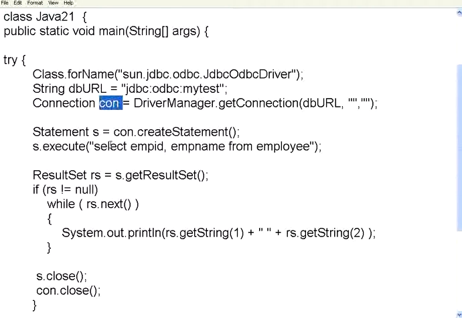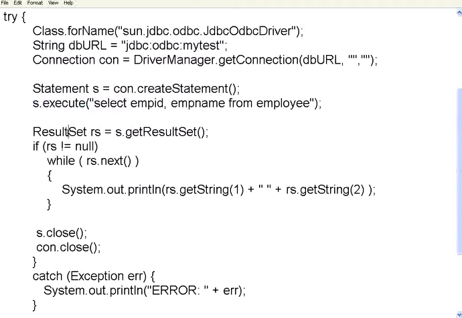Once you create a connection object, then we create a statement object. Note that the S in Statement is capital, and the C in Connection is capital. This is again a predefined class. I create a statement object by calling connection.createStatement. Then you can straight away give s.execute with a query such as select employeeID, employeeName from employee. Whatever query you want, you can give. When this query is executed, the results go to a predefined class called ResultSet. Now I create another object, ResultSet, then I say